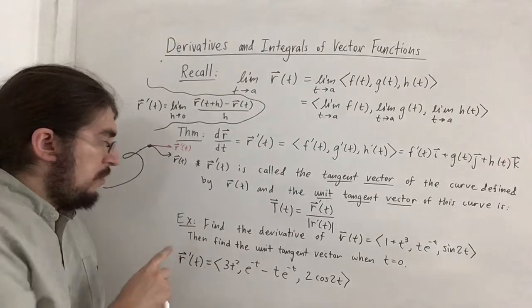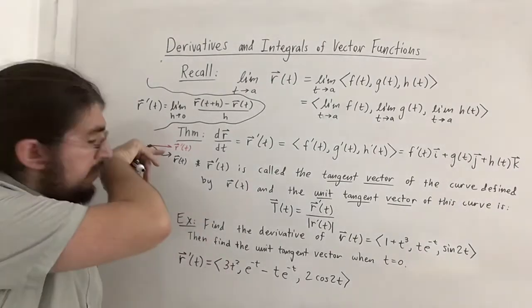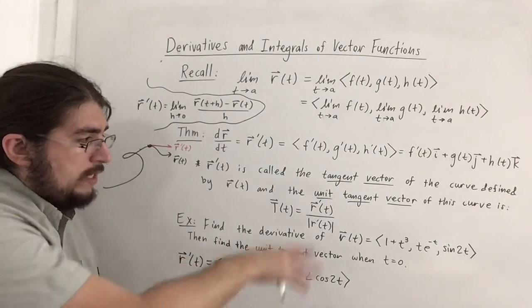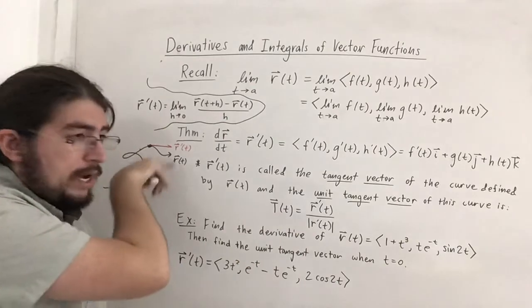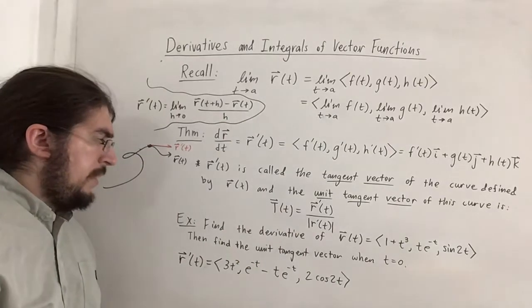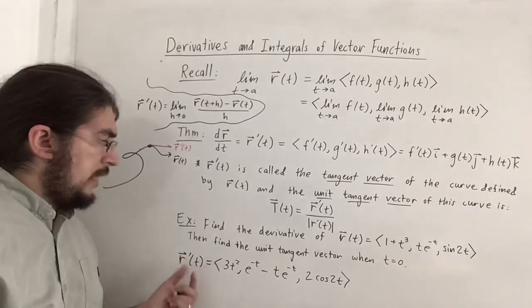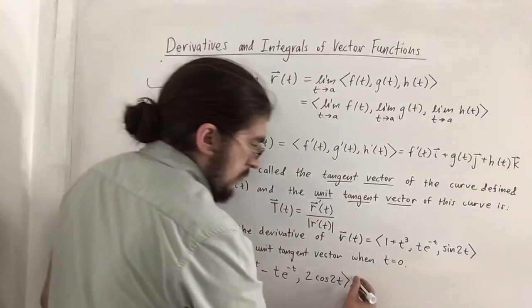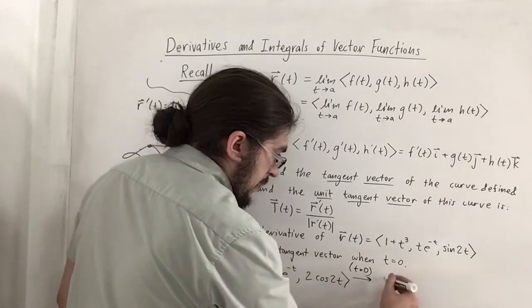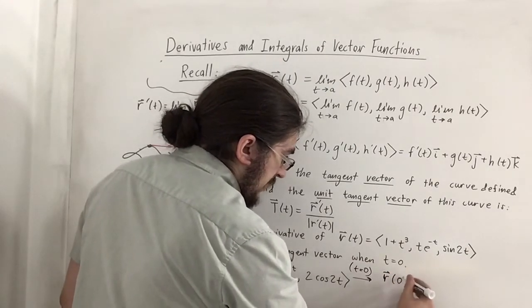So if you plug in any value of t, you'll get the associated vector with that point. When you plug in that t value into r of t, that'll give you the point on the space curve. So that I think describes it a little more specifically. Now, if we were to plug in t to be 0, when t is equal to 0, let's say, we get r of 0 gives us this vector,